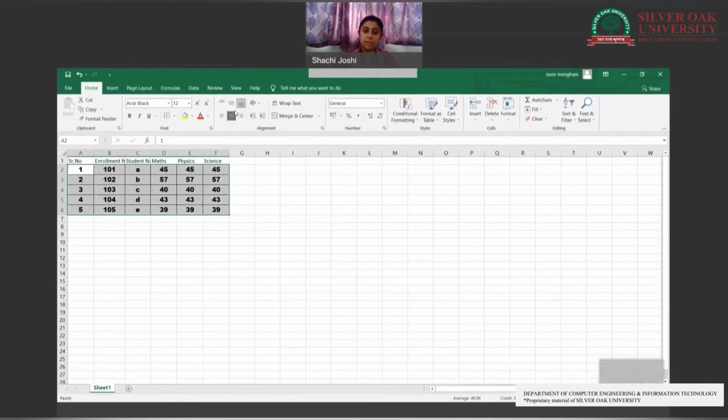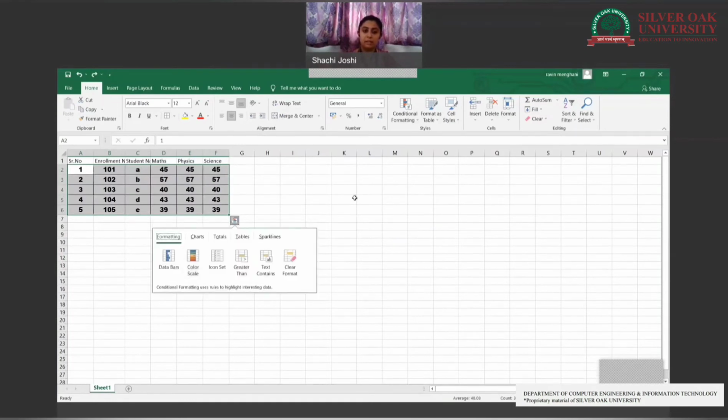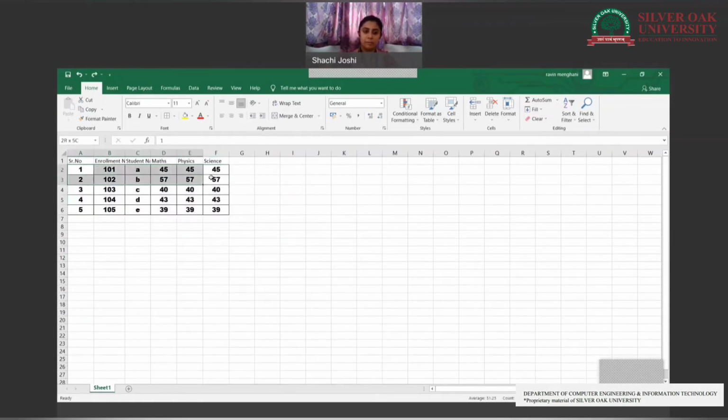We are going to take middle alignment, and everything will be at the bottom level. You can take the middle level and upper level also. If you do it like this, everything will be like this. So I'm going to do Control Z for that. Everything won't be bold.